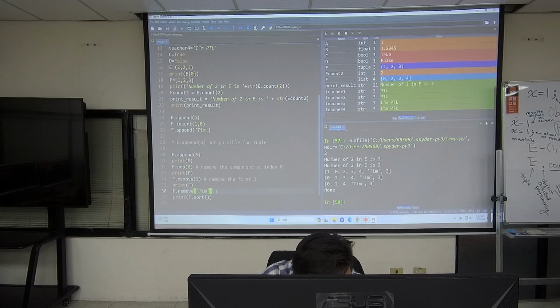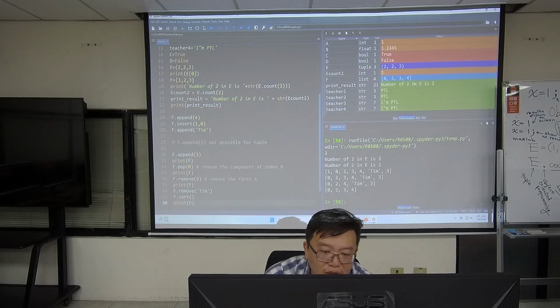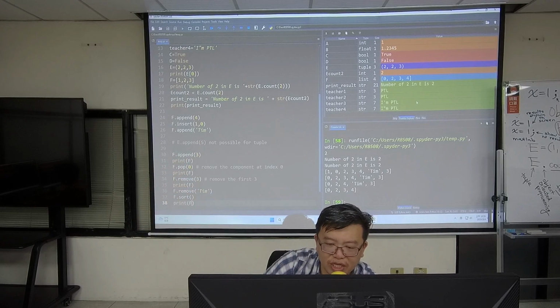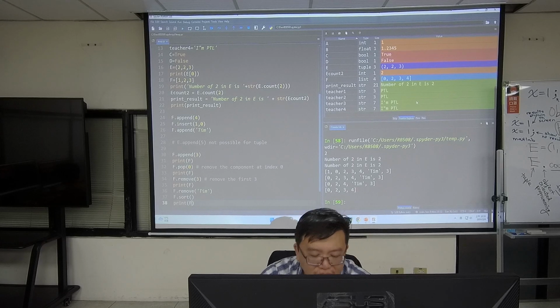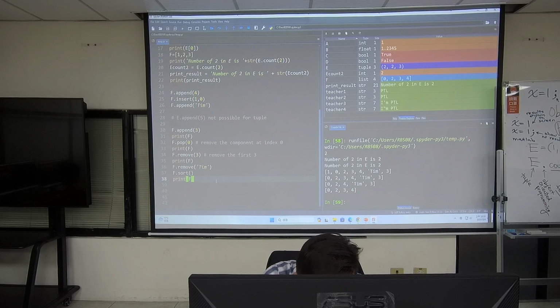I should say f sort first, and then print f. Okay, do it again. So after removing 10, the order will be 0, 2, 4, 3. Now after sort, it's small to large, 0, 2, 3, 4. If I sort again, but this time